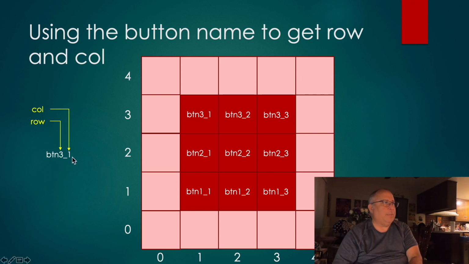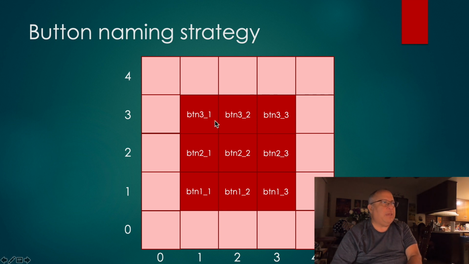All right, let me go back a couple of slides. So that's the naming convention that we're going to use for all of these buttons. For example, over here, this button is located at row 2 and column 3. Let's verify. 0, 1, 2. Yep, that's the 2 right there. 0, 1, 2, column 3, and that's the 3 over there. So we were able to get that done.